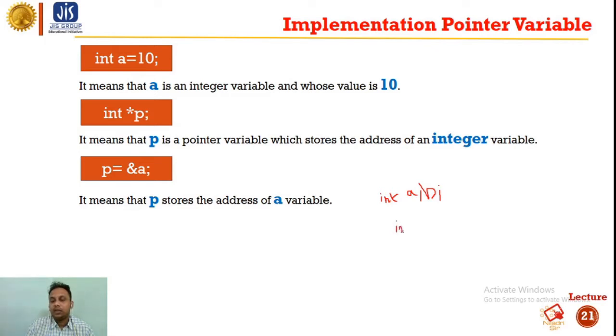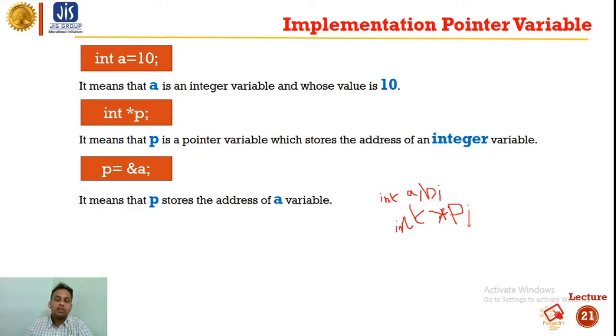Next is int *p. As we know, p will store the address of an integer variable. In this program we have two variables, a and b. So p will store the address of which variable, a or b, we don't know.